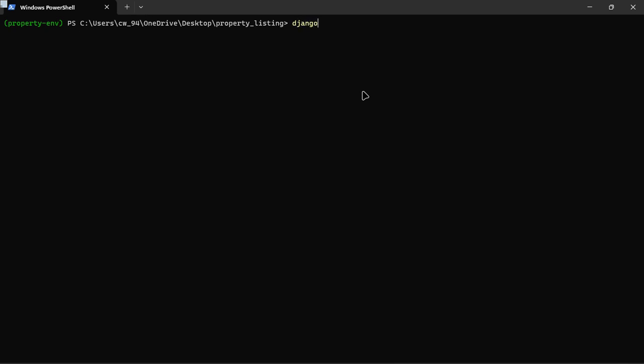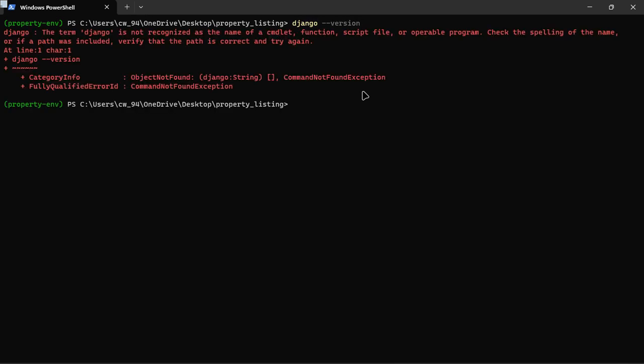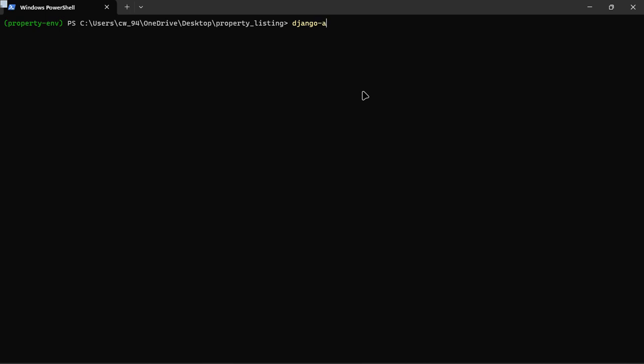What we can do now is go ahead and start our project. Since we have Django installed, we'll check in Django. Yeah, now I can do django-admin, and we can go ahead and start our project. This I'm gonna call core, and it's going to be in the current directory, so I'm just gonna put a full stop at the end. Then we can also go ahead and start a new application. So we can do django-admin startapp, and I'm gonna call this